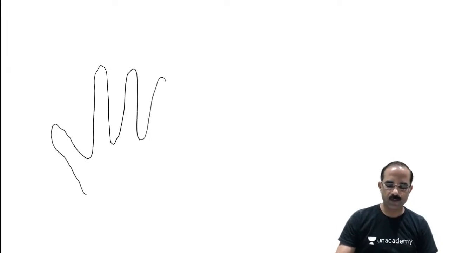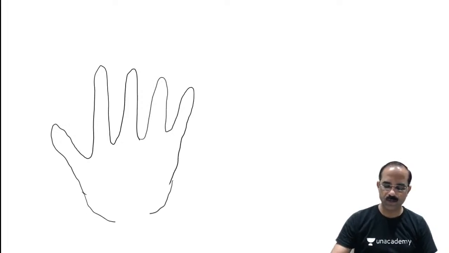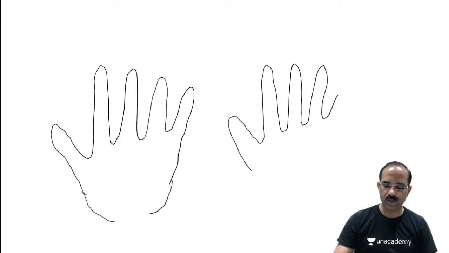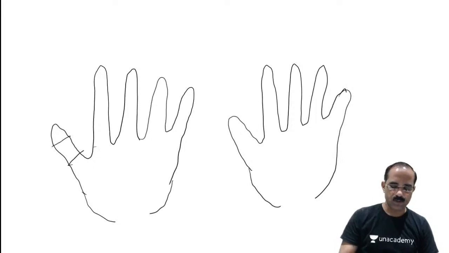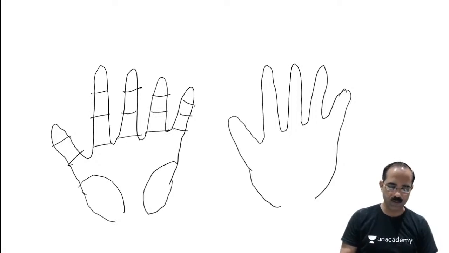Median nerve, very good. Be specific, bacha, be specific. Which branch of median nerve supplies the skin? It's not median nerve, it's a branch of median nerve. Quickly tell me, which branch of median nerve is this? Okay, just give me 2 minutes. Okay, that's the thenar eminence, that's the hypothenar eminence. Students, who supplies the skin over the thenar eminence? Yes, it is the palmar cutaneous branch of median nerve.